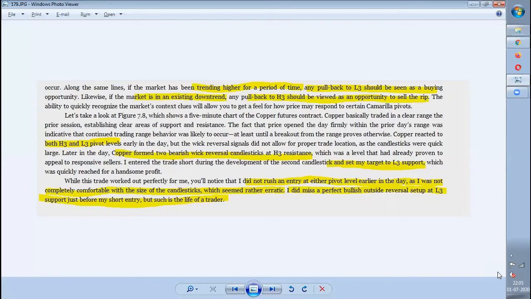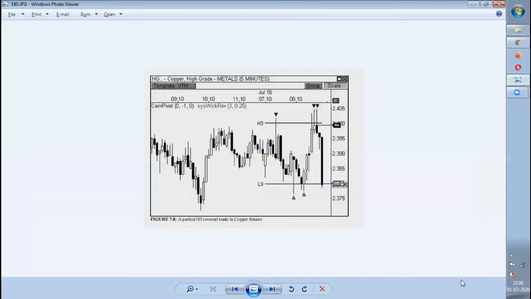In the same way, in an uptrend, whenever you see a pullback towards L3, it is going to be a buying opportunity. And in a downtrend, whenever you see a pullback towards H3, it is going to be a selling opportunity. The same thing he has explained with an example. Just check this example. Whenever H3 is hit, he takes a trade and the target will be L3. And whenever L3 shows some reversal sign, he takes a trade towards the target of H3. The same continues whenever he sees some rejection. This example is shown because the previous day was completely a trending day, and this range was completely narrow, and that is why he was able to take multiple trades between H3 and L3.